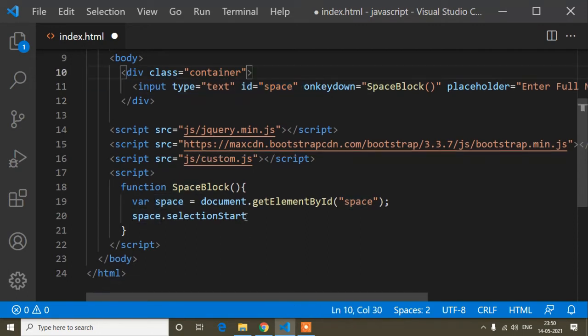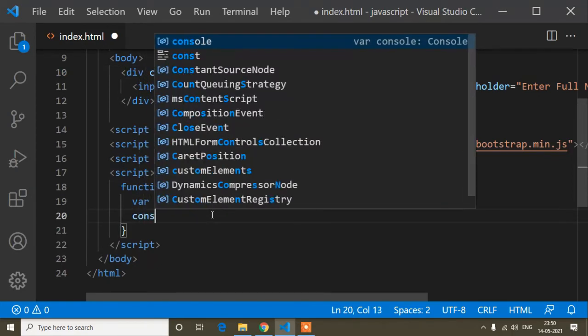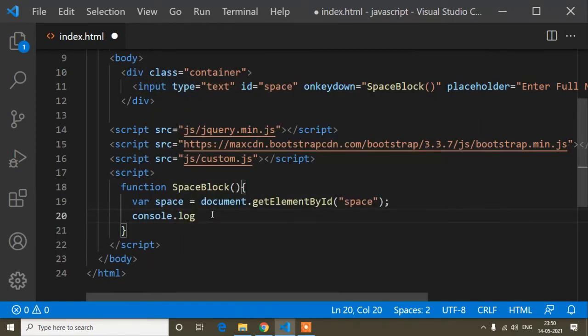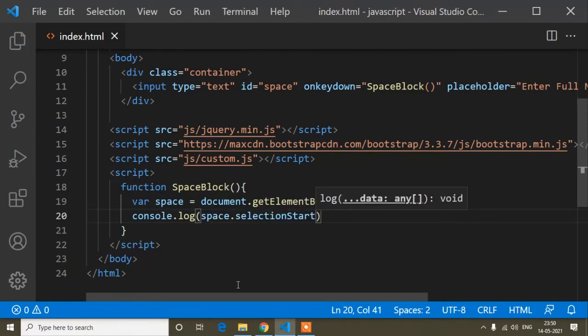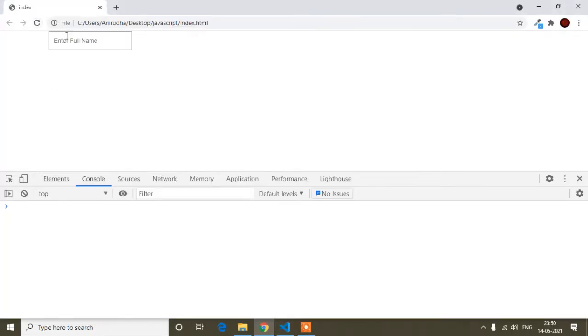Okay, so now if I print this in the console, let's check what I will get here. So console.log and this one, save and refresh. Now if I press any key, here you can see when I pressed the first key A, it added 0, and after that suppose I press 1, then you can see 1, and after that suppose F, you can see 2.